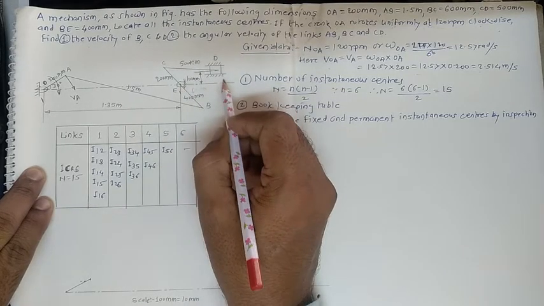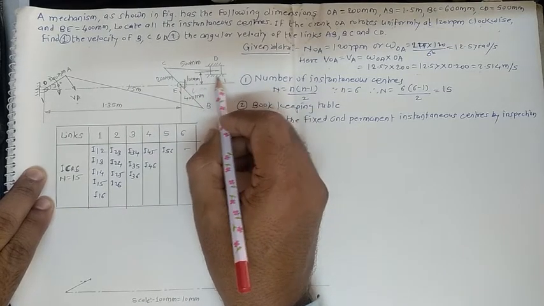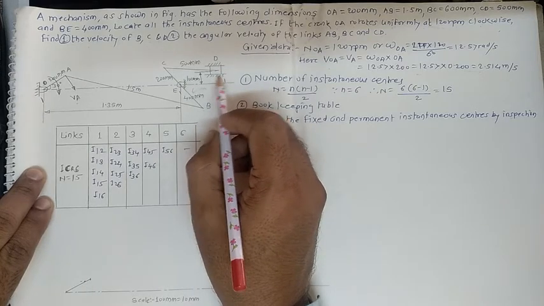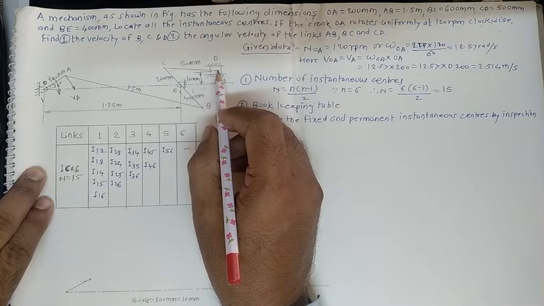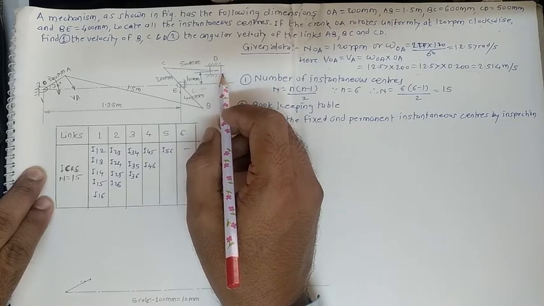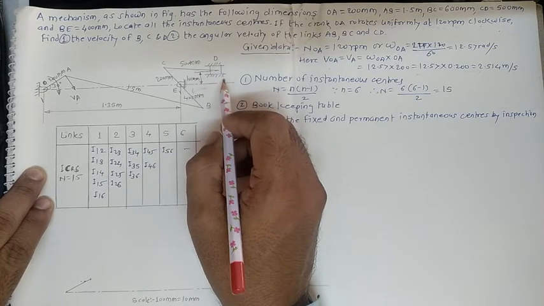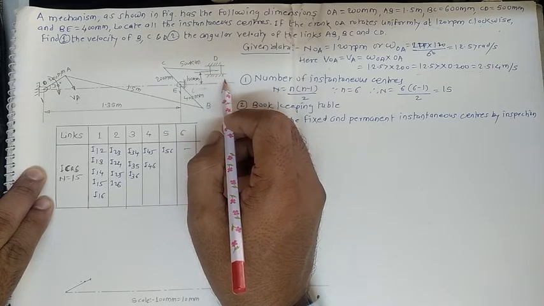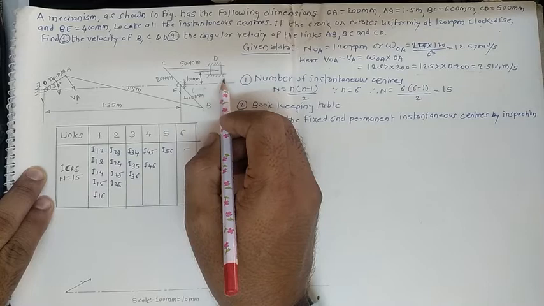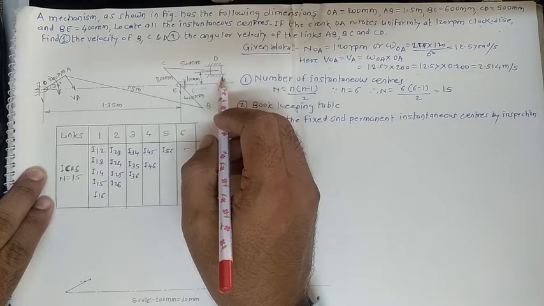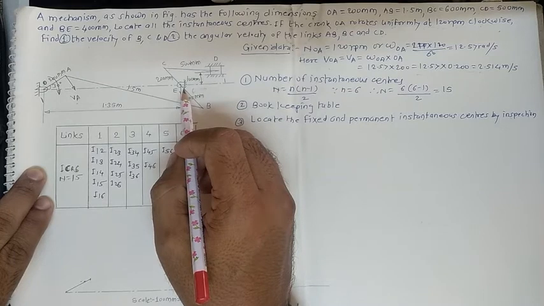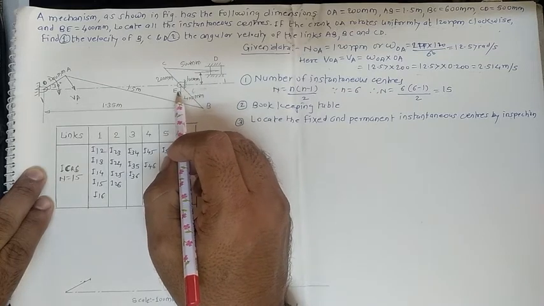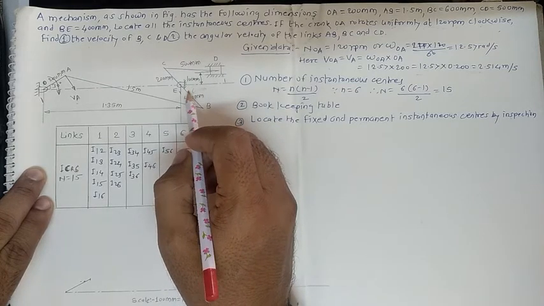At the same time, consider the cylindrical portion available here, or the slider that slides inside another surface given here. Let us consider this as the frame of the given machine or mechanism. So one number should be given for this fixed link. One number is given here, one number is given for this one, and one number is given for this one, the link at point E. The fixed number 1 is given for this one also.